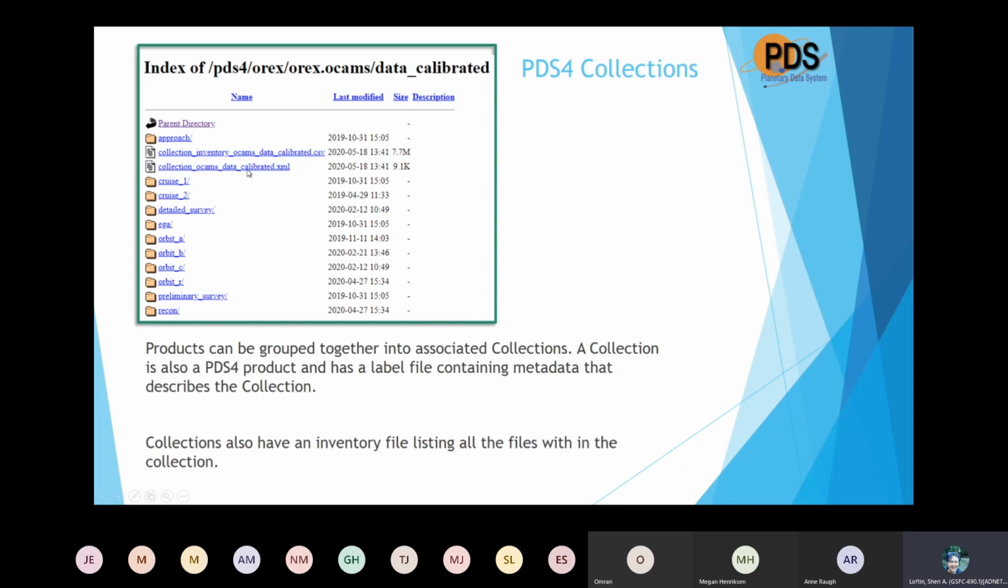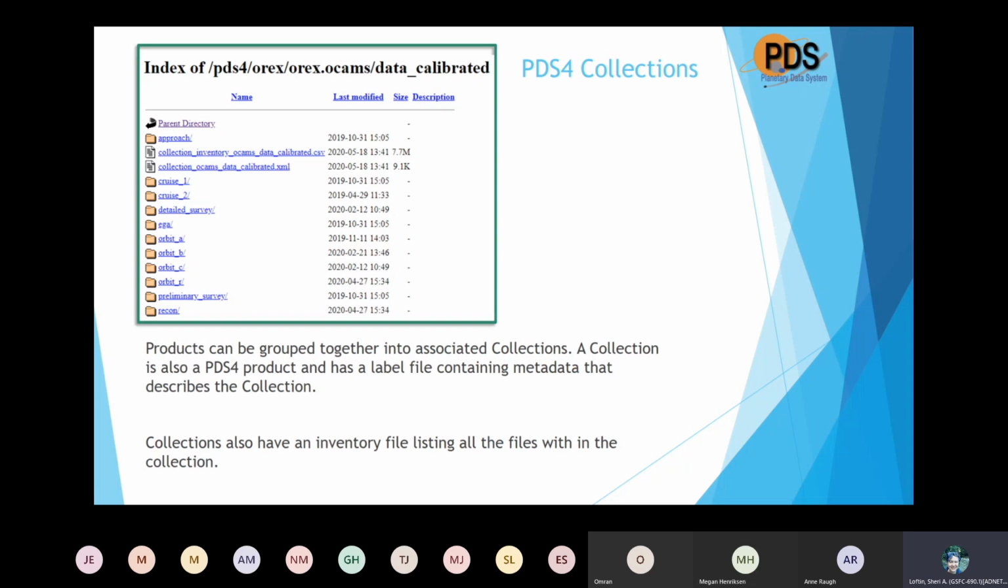All right, so this is that label file. Label files are XML, and every collection is going to have an inventory file, and that's going to come up later. The contents of that inventory file must match the contents of your collection. If it does not, your archive will not pass validation, and therefore not be ready